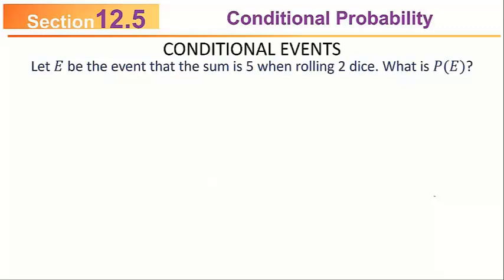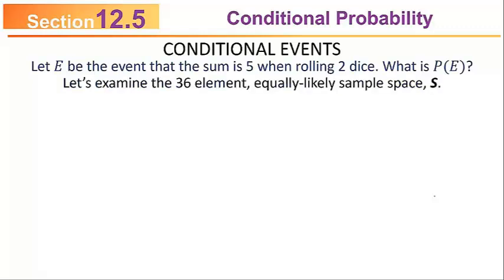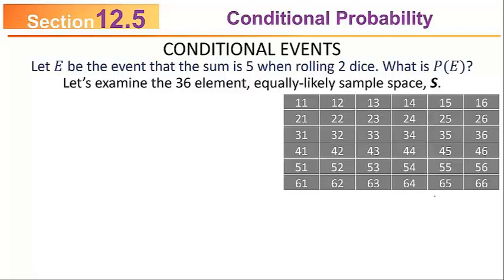Let E be the event that the sum is 5 when we're rolling 2 dice. What is the probability of E? Well, that's just the probability we get a sum of 5, and we know how to do that. We draw our 2x2 table, and we count the sums that come to 5, which happen to be 4, and